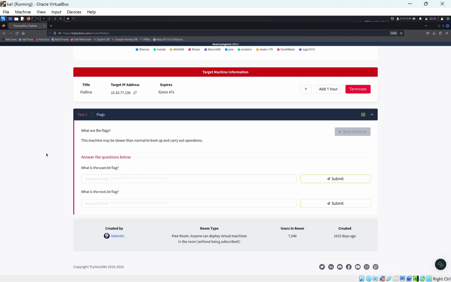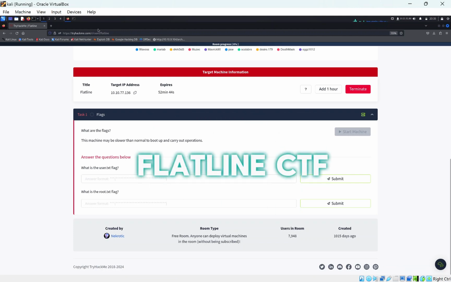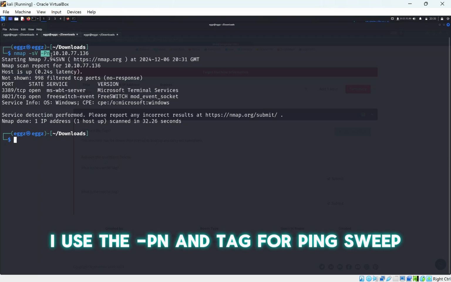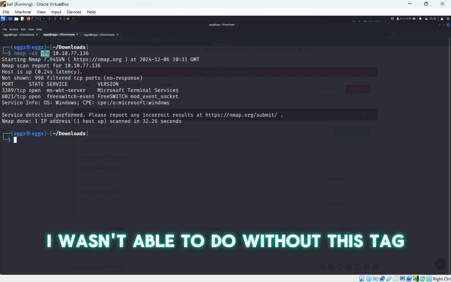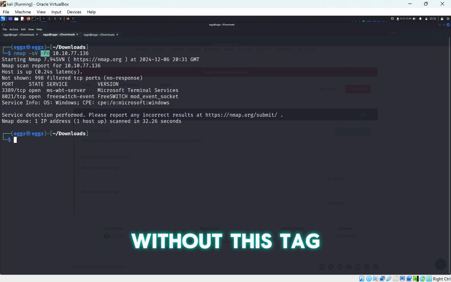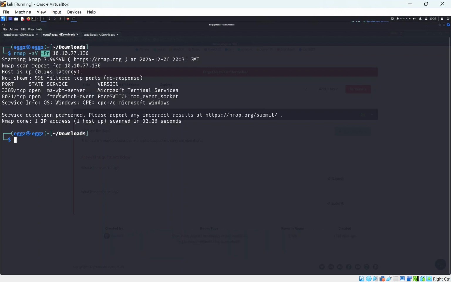Hello everyone, today we are doing Flatline CTF on TryHackMe. So let's have a look at our nmap scan. I used the -Pn flag to skip the ping sweep because there was a firewall on this machine and I wasn't able to do it without this flag, so I added this on. So we have FreeSWITCH, which is something that we want to have a look at, and we have an